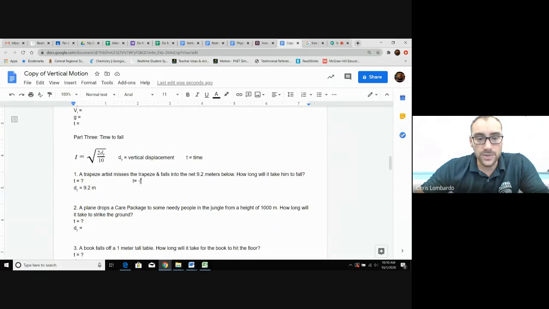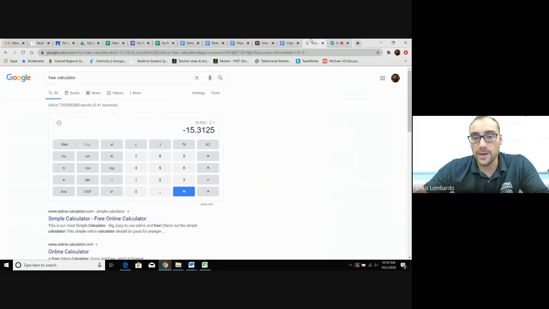For the next couple of problems, you may just want to Control C, copy that, so you don't have to redo it each time. What we're doing is 2 times 9.2, and then you divide that by 10. All of that is underneath the square root symbol. I'm going to tell you to do what's underneath the square root first. So 2 times 9.2 equals, divide by 10 equals,